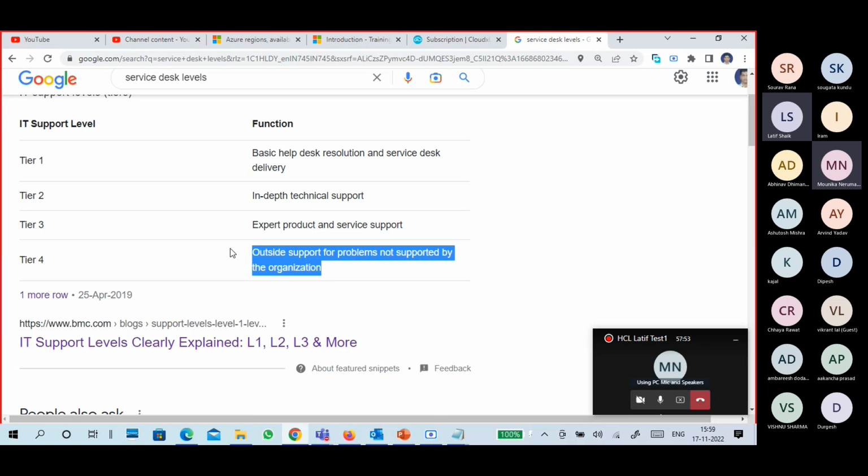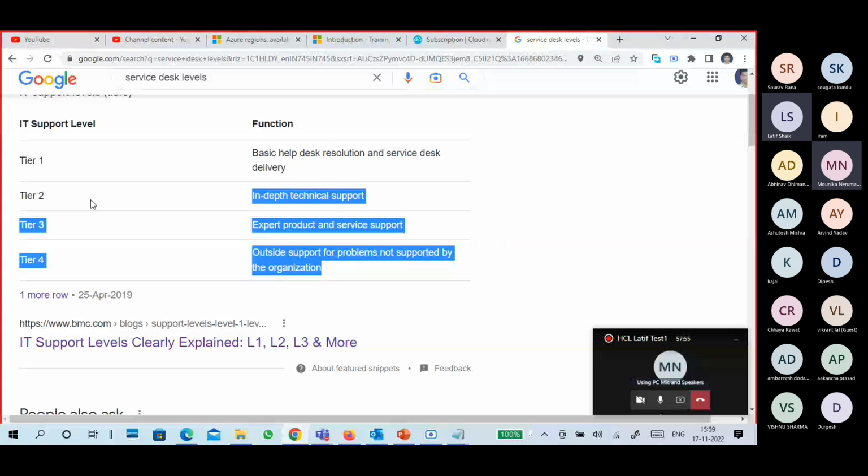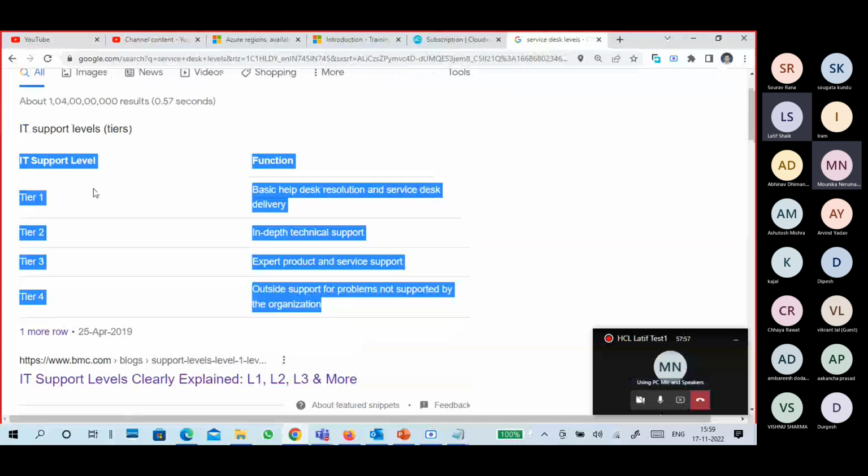Means working with the other organization. This is also enough to know.